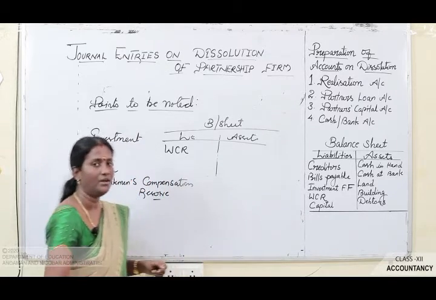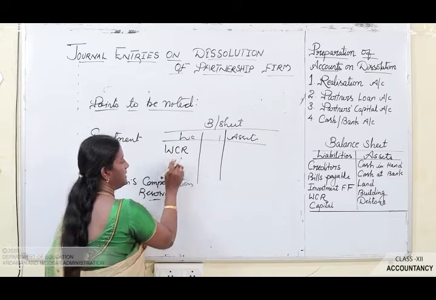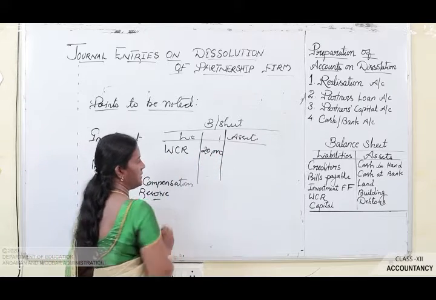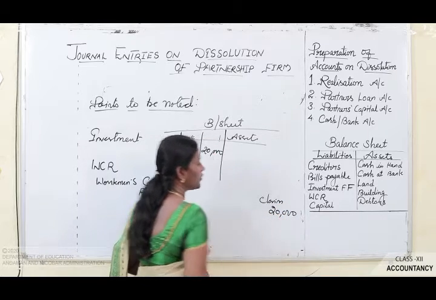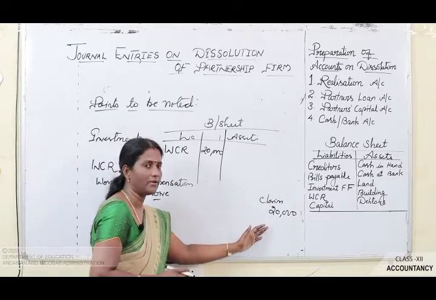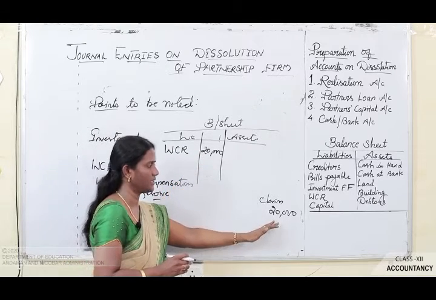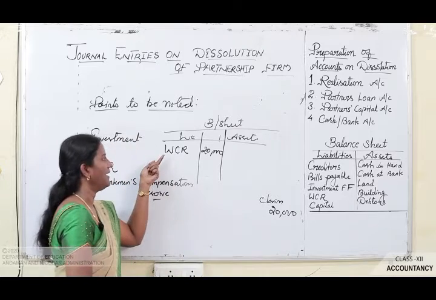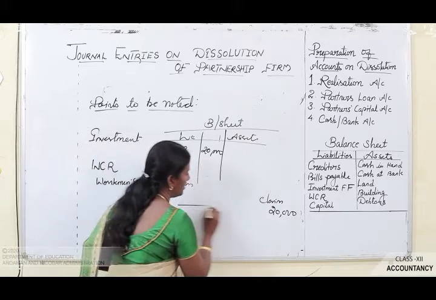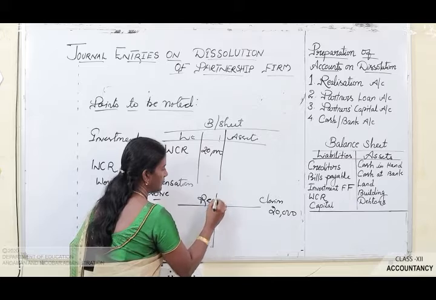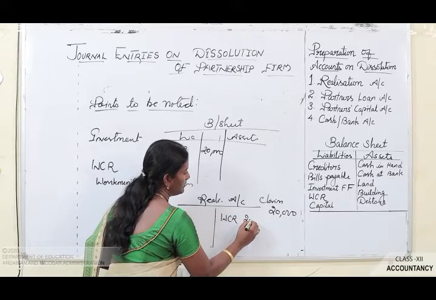check what is the amount of claim with regard to workman compensation reserve। मान लीजिए workman compensation reserve आपका 20,000 है एंड जो आपका claim है वो भी 20,000 है। So we have to see कि what is the claim amount and what is the workman compensation reserve amount। okay, so if both are 20,000 claim भी आपका adjustment में 20,000 दिया हुआ है and यहाँ पे workman compensation reserve भी 20,000 है। so in that case you have to transfer the whole amount to the realization account। The whole amount will be transferred to realization account।